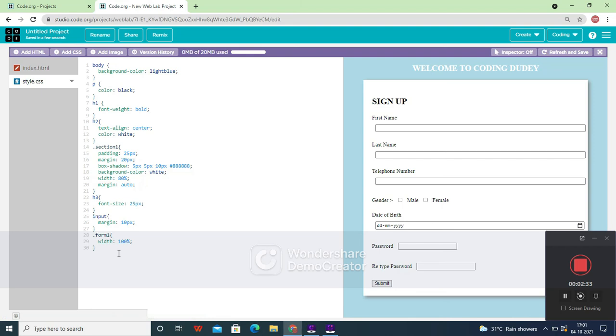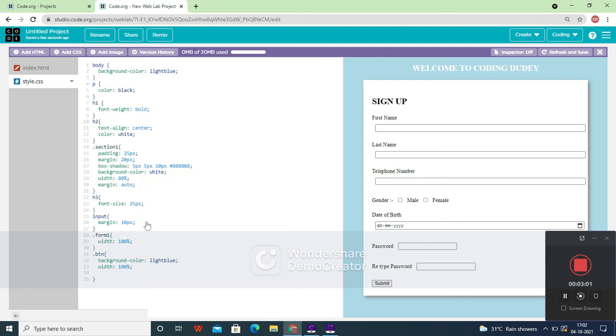Now let's set the style for it. Okay, I'll be giving like dot btn. Let's give the background color which is light blue itself. The next is the width which is like 100%.